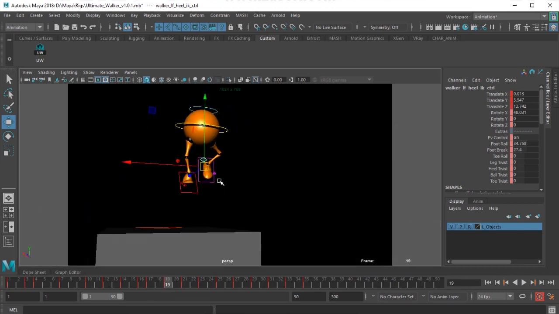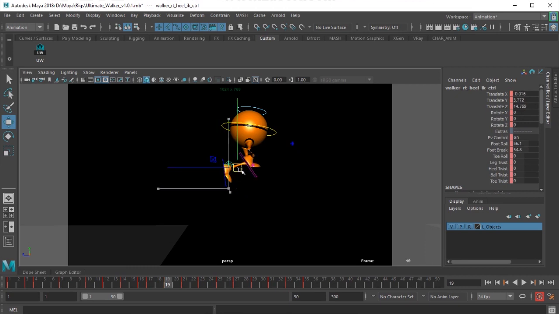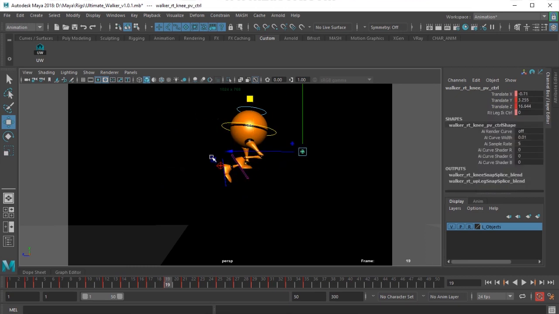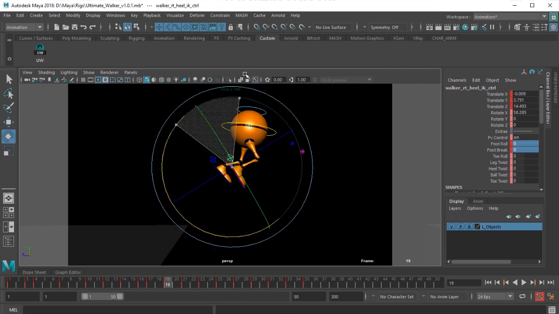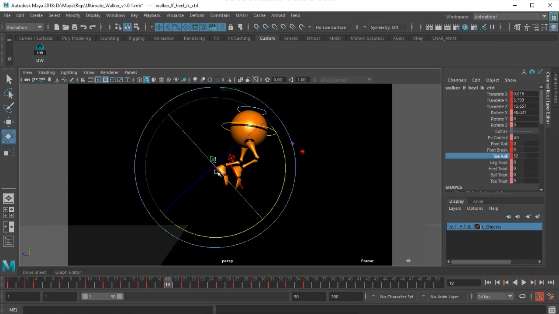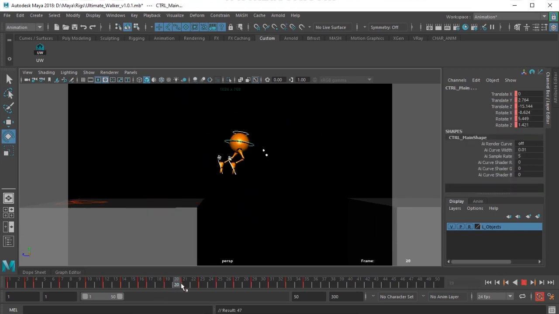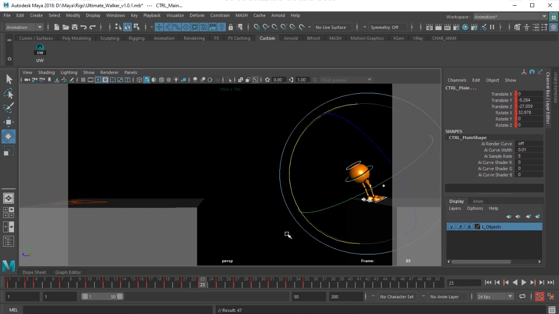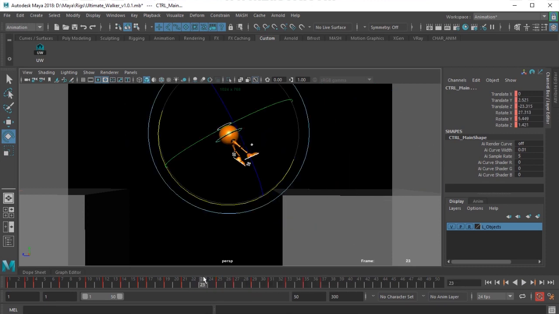So I'll put another pose here at 23rd frame.